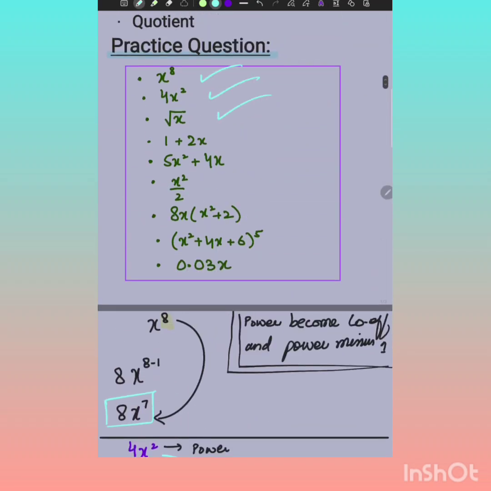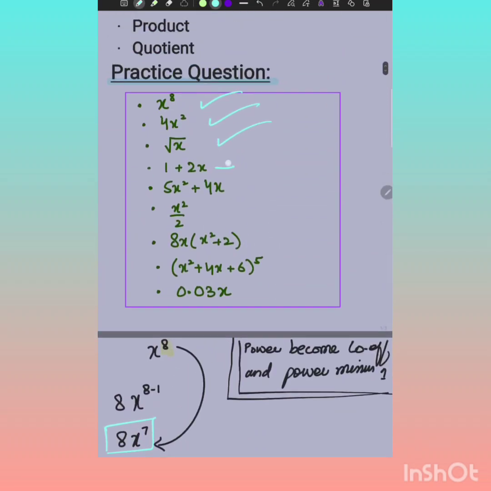And we have done this. Now come to this, we can solve it here. 1 plus 2x. As you know, what is 1? 1 is a constant, and as I told you before, the derivative of every constant will be 0. So it will be 0 plus 2x. The power of 2x is 1, 1 minus 1 will be 0. So it will be x to the power 0, and something which has power 0 is equal to 1. So the derivative of this term will be 2, right?